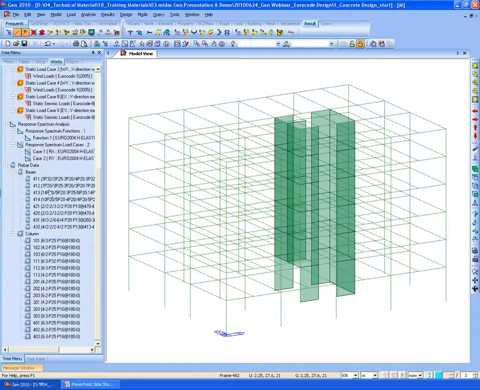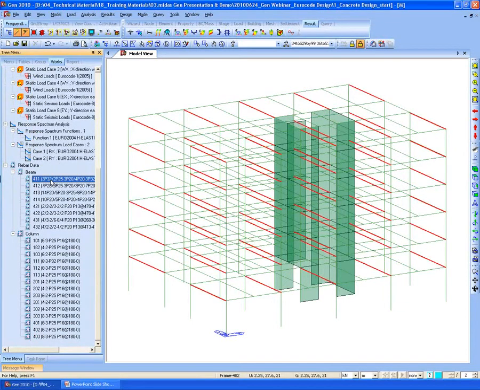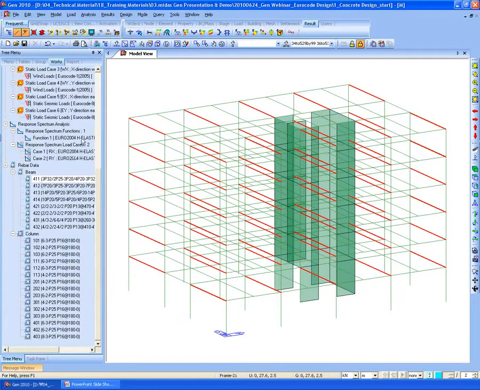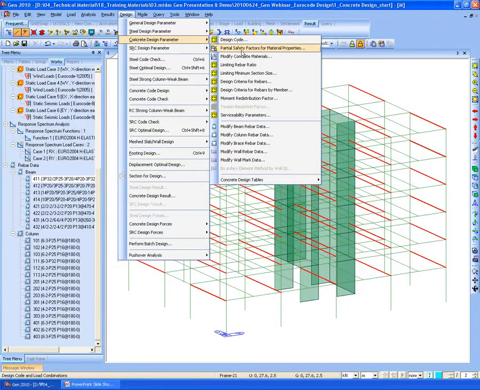Entered rebar can be checked here. By clicking the rebar, you can see which member has this corresponding reinforcement data. By right-clicking property, you can see the detailed values here. Also, you can easily modify the data, and these changes will be reflected in the pictures below. Also, this data can be checked and modified in the table format as well.